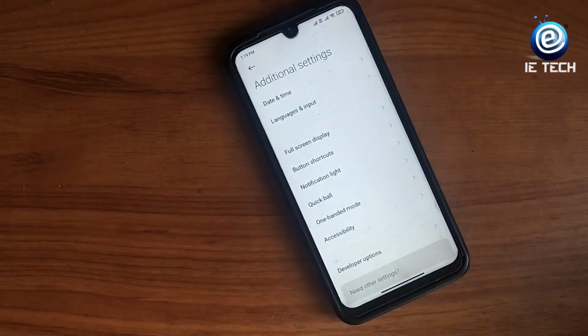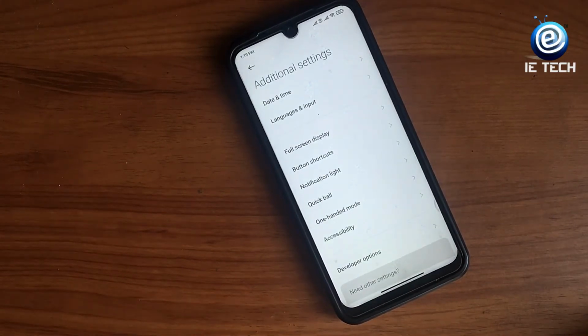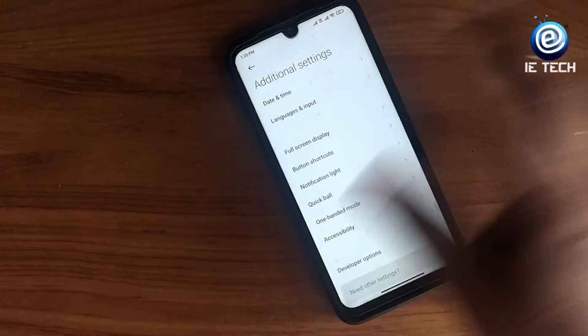So maybe in the next build they would optimize it, but since it is the first EU build, and I trust EU builds better than the Chinese build, as you know there have been a lot of reports that Chinese builds have the Mi default browser which collects data and all those. I have made a separate video on this. There will be an i section in the video, you can go through that, but that's another thing.